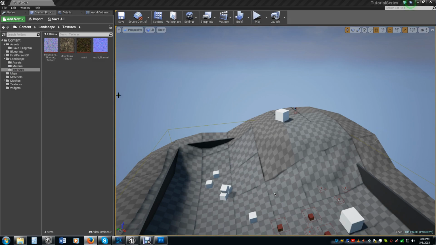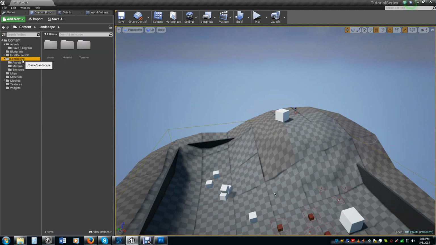First thing I've done is I've created a landscape folder. I've put assets, material, and textures, and you'll understand why I have the assets folder in there in a minute when we get to it. But go ahead and make those folders if you need to real quick. Okay, now with that being made, we are going to go ahead and real quick take and